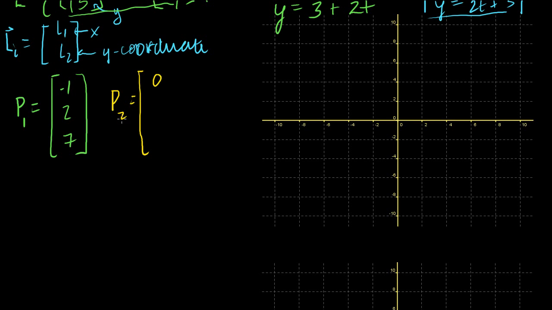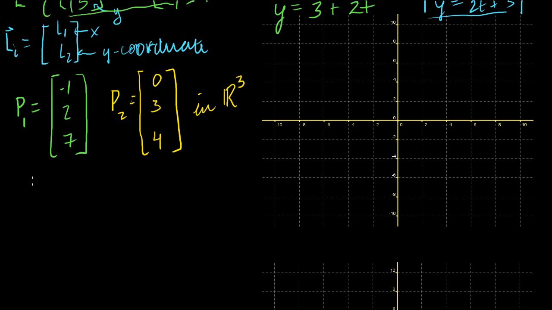Point 2, I don't know, let's make it 0, 3, and 4. Now, what if I wanted to find the equation of the line that passes through these 2 points in R3? So this is in R3. Well, I just said that the equation of this line, so I'll just call that